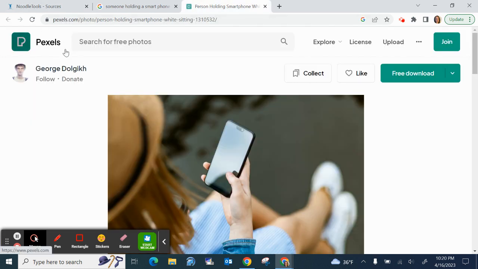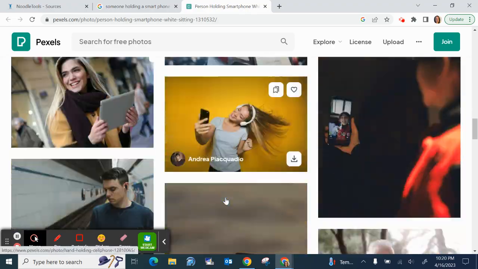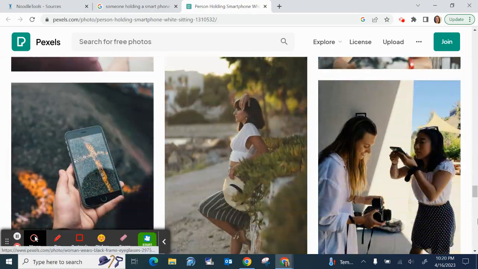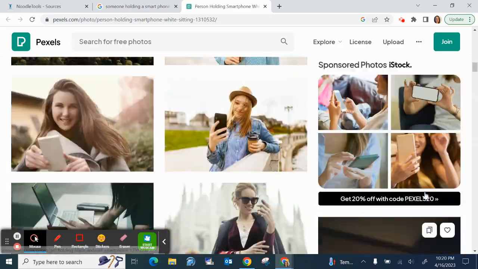Okay, so now I need the name of the container website. That's right here at the top, Pexels. So I type that in. And then I need the publisher of the site, which is usually at the bottom of a website. But this is one of those websites you can see on the right here, just keeps bouncing me up. So what I'm going to do,